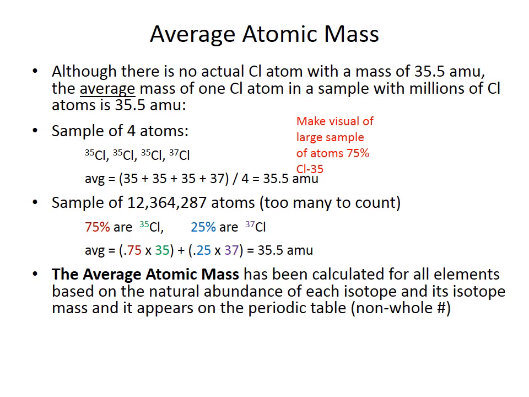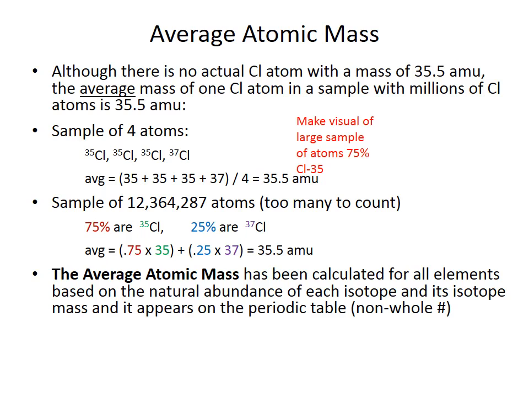Although there's no actual chlorine atom with a mass of 35.5 AMUs, I'm averaging out the masses of all the atoms. So if I look at a sample with millions of chlorine atoms, let's suppose I just had a sample of chlorine that had just 4 atoms. I'll never find such a small sample, but if I did, and 3 of the chlorine atoms were isotope 35 mass, and 1 was isotope 37 mass, I could just do this like I do all my averages: 35 plus 35 plus 35 plus 37, add them all up, divide by 4,